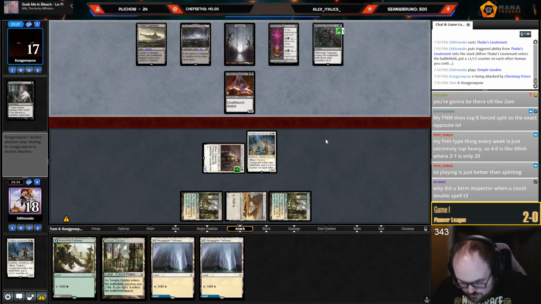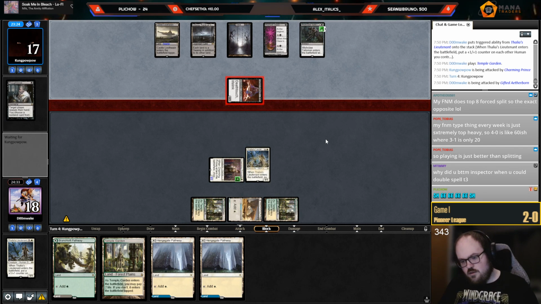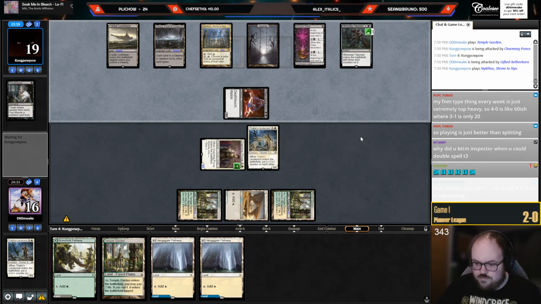Why did I bottom Inspector when I could double spell turn 3? I wanted a better spell than Inspector. I have a lot of cards in my deck that are better than Inspector. I mean, maybe it was greedy, but...